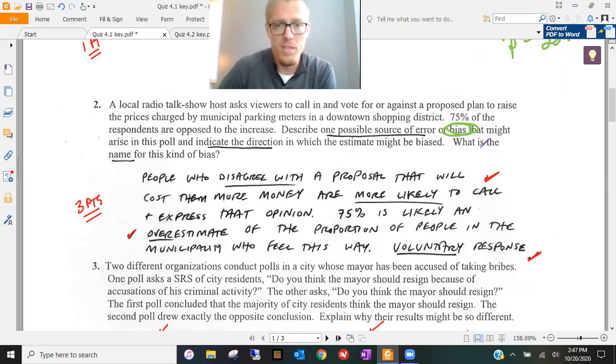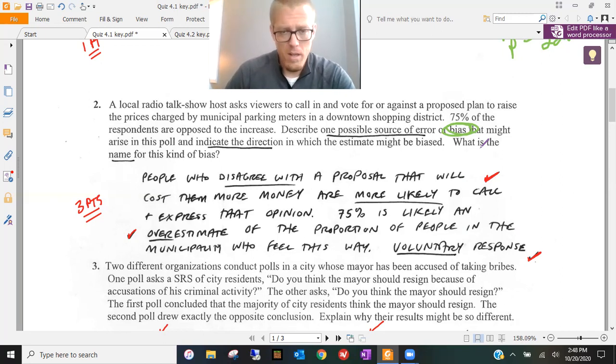What is this person's sampling method? He decides he's got a radio show, got people listening to him, and he says, go ahead and call into this radio show and tell me how you feel. That's what he's saying. He's only talking to his listeners, so that's not the whole population. And he's only asking them a question that he's probably been talking about, right? He's a radio show host. They talk, they tell their opinions. So there's a good chance that they're going to agree with him. And that's where the bias comes in.